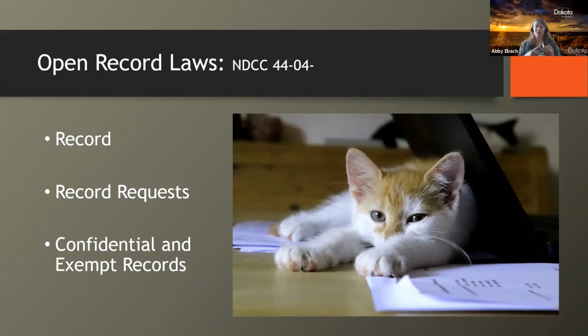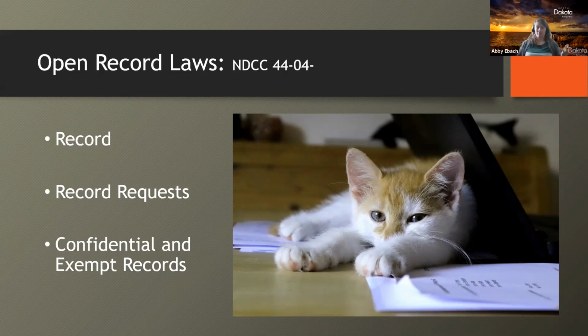So emails, computer files, photos, text messages, memos, minutes, notes, salary, job performance records, contracts, telephone records, any record as it relates to how public funds are spent or with the public entity's performance of its governmental functions or its public business. This includes personal computers, cell phones, and email used for public business as well. So if you're using your personal cell phone to conduct public business, it may be open to an open records request.